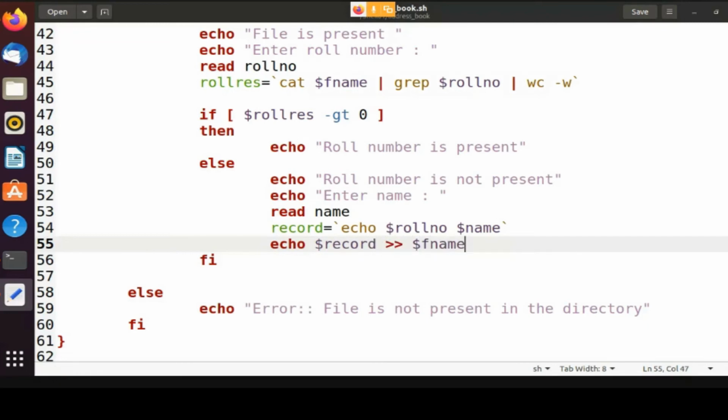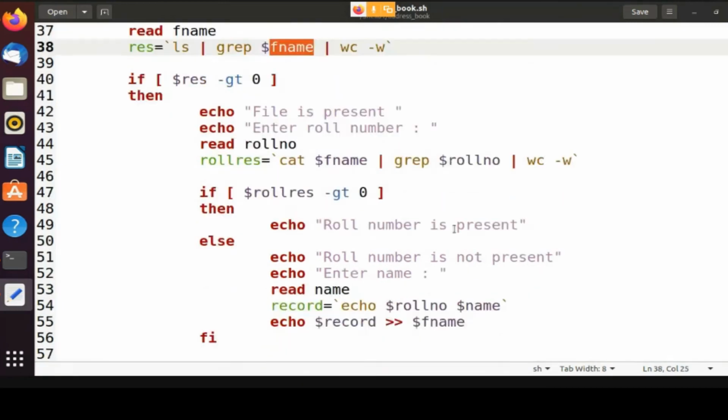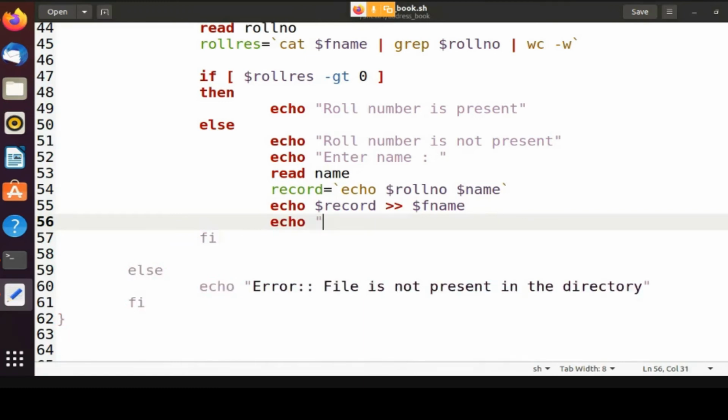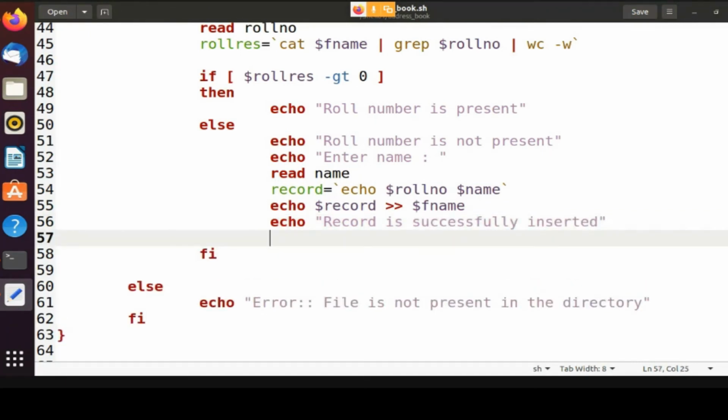You have already read the file name over here, so I will use it, and then you can just say that record is successfully inserted. Good.